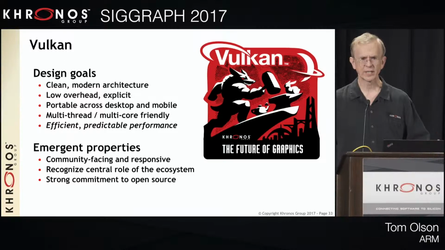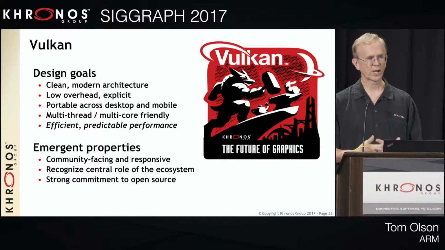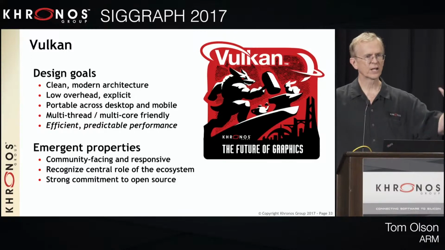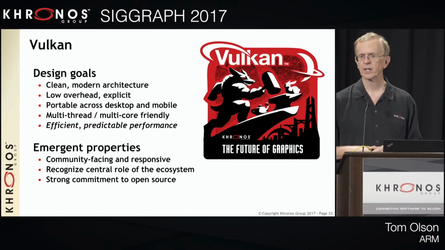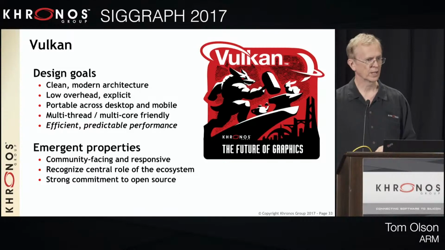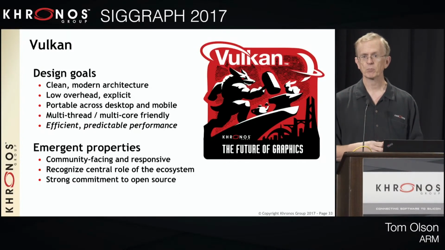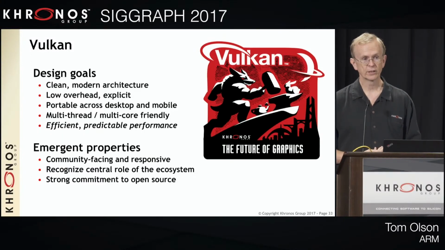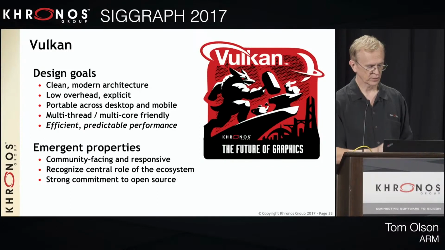I should say we were all coming out of the OpenGL, OpenGL ES development process. We felt a need to be more community-facing, to say that this is a new API, it's coming, it has no legacy, there is no reason for people to adopt it. The way that we can best help it succeed is to view it as a partnership between the traditional people who have pushed APIs, GPU vendors, et cetera, but also equally the developers, who were strongly represented in the Vulkan committee, and platform people, because it takes all of those working, otherwise you don't have a successful ecosystem.